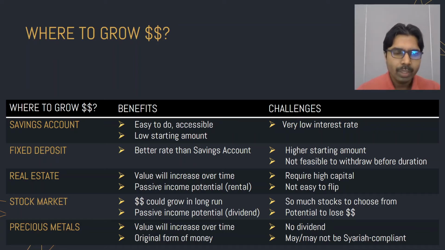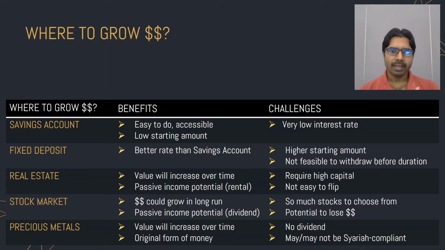Apart from that, we can also grow our money using the stock market. The stock market, as the name sounds, is very tricky and very risky if we don't know what we are doing. To be honest, I'm also investing in the stock market, and I need to learn a lot of things about it. As I spend my time learning how to grow my money using the stock market, I also look at other avenues to grow the value of my money.